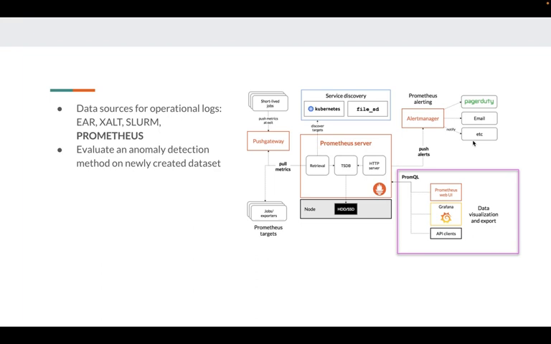Among the sources that can be selected as data sources are EAR, HALT, Slurm, and Prometheus. We continued the project with Prometheus data. Prometheus is an open-source system monitoring and alerting toolkit that provides information in the form of operational logs at the node level. In this project, we aim to produce a new dataset using Prometheus data and to detect anomalies using